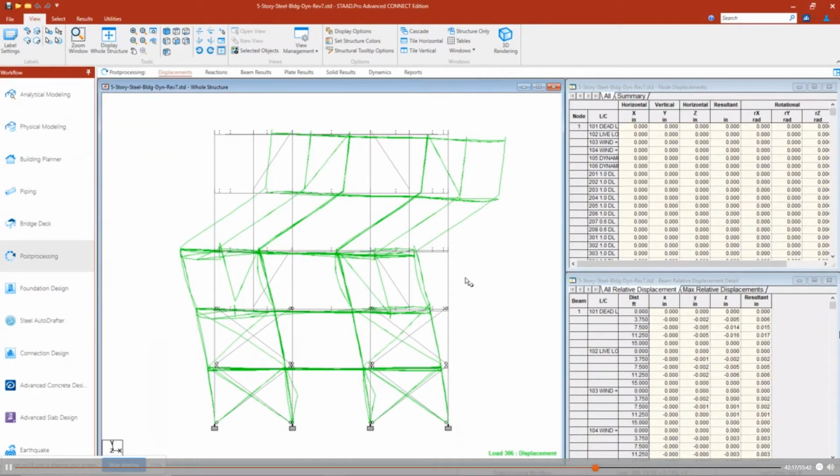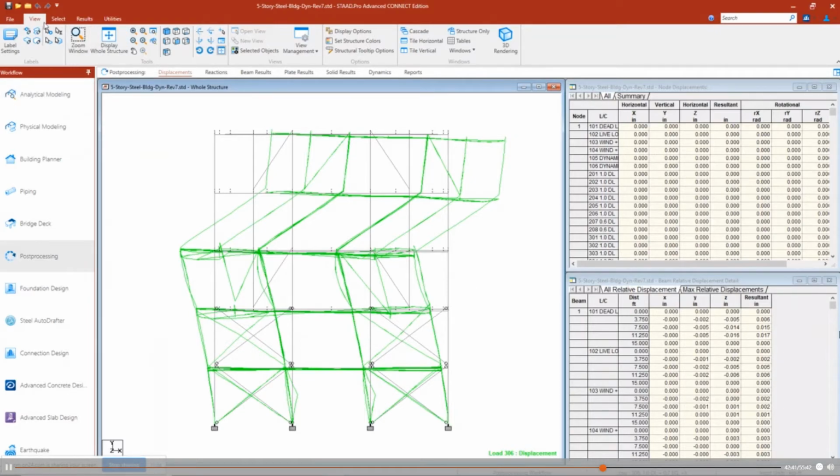So why is that? Well, that is due to the dynamics of the loading that's happening laterally on this structure. Because of the frequency of the ground acceleration, it's actually creating this dynamic effect on our structure. Now, this is not something that we would see if we just look at a static loading